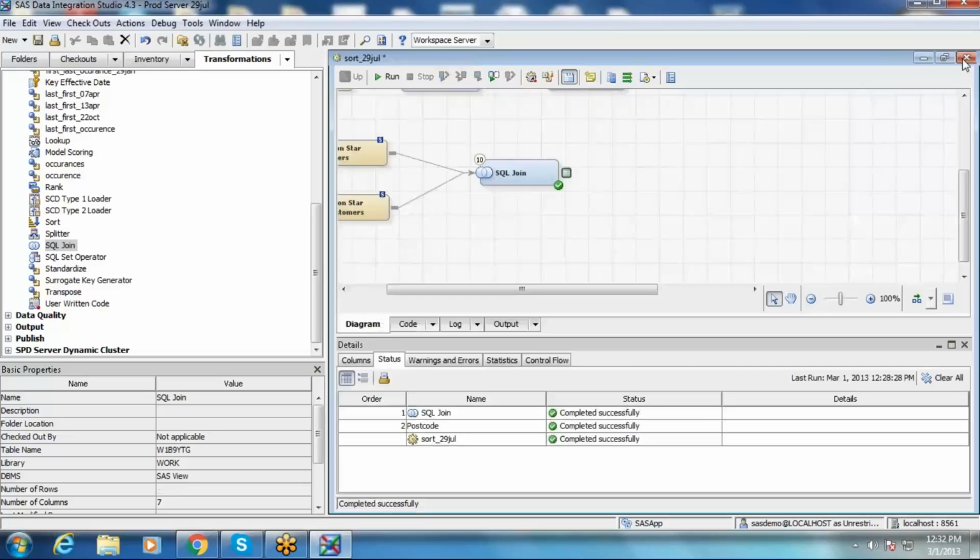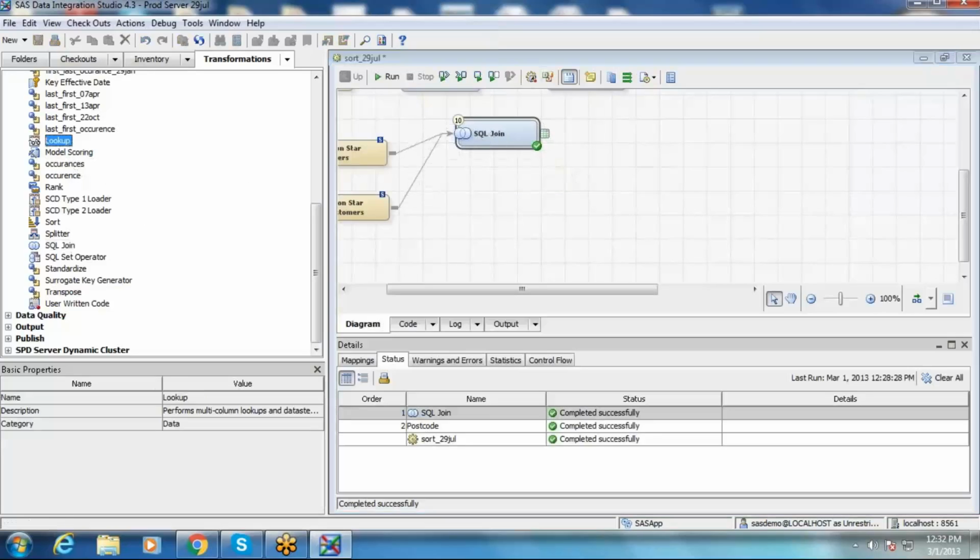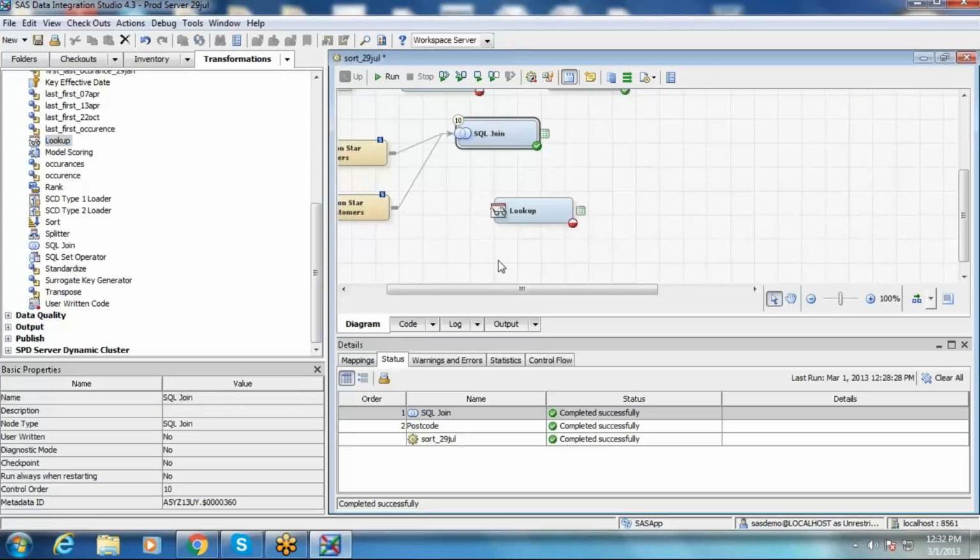Okay, so let's see the same stuff, how to do it using lookup transformation. So just drag and drop lookup. Before you actually talk about lookup transformation, you need to be familiar with two terms, source table and lookup table.